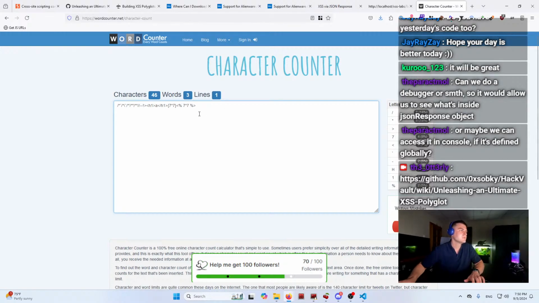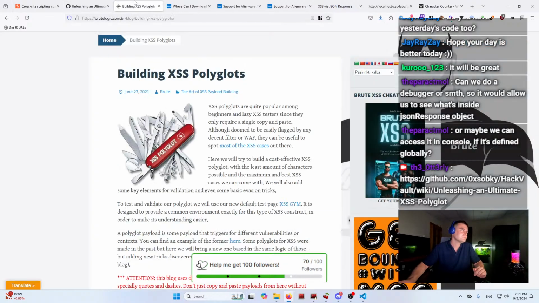So this one is checking multiple things: if the HTML injection is happening and if some client-side injection is also happening, because there are a couple of frameworks like AngularJS which are vulnerable to that. You can also check for template injection. So there are multiple things you can check at once. This is really interesting, and it's not taking too much space, 46 characters in this case. So yeah,